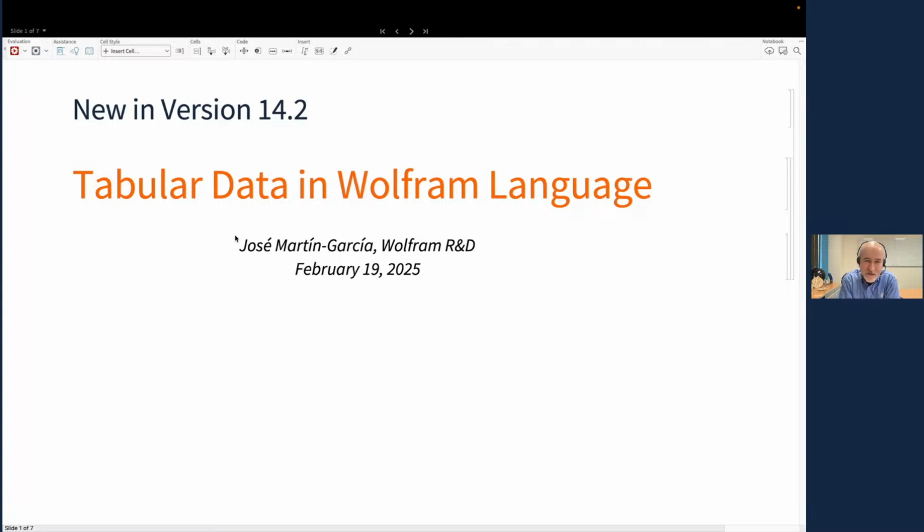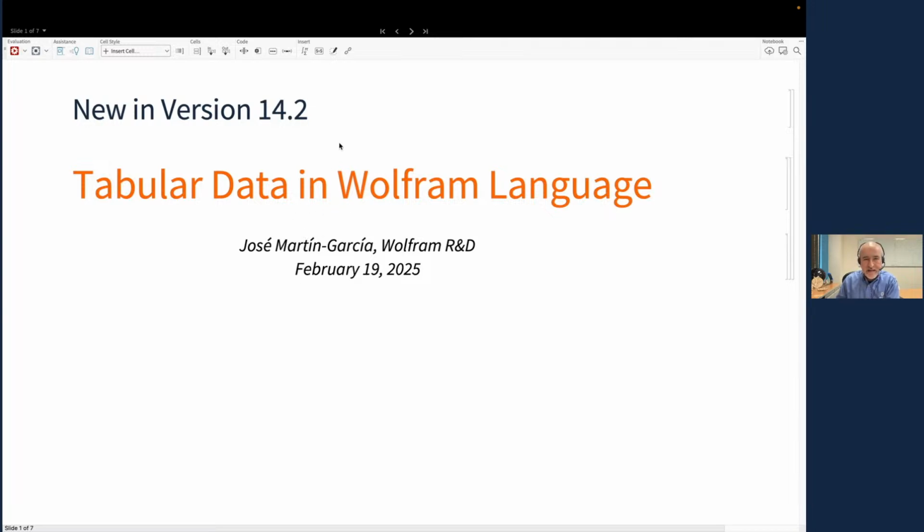Today I'm happy to start a series of 6 short talks in which my colleagues and I will talk about Tabular, a new and very powerful data container in Wolfram Language. Feel free to post questions at any time in the chat window, and my colleagues will address them as they appear there, or at the end of the sessions. Today we will have about 10 minutes in which we will address questions too. So let me start